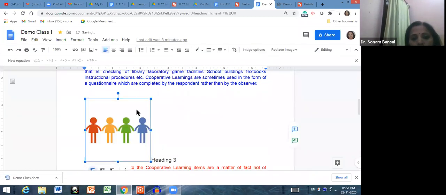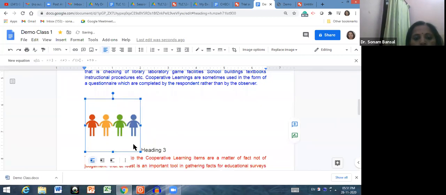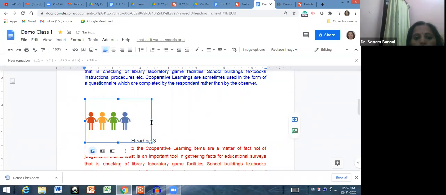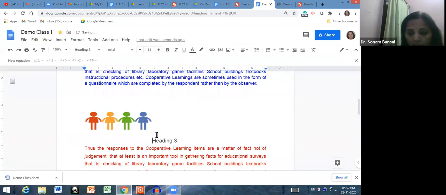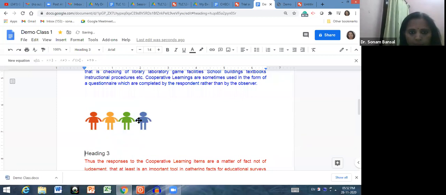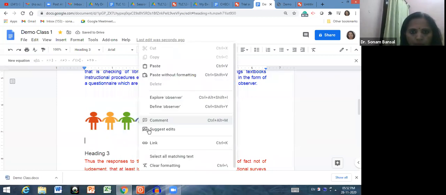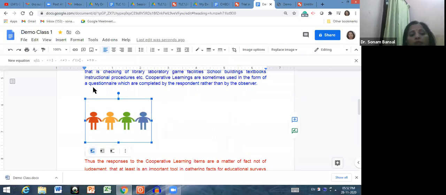See. Now I want to resize the shape, then I can do that. I want to make it bigger, then I can do that. I want to adjust my text, that I can do. So like this you can insert the image, and after this, see, if you want this in line, then it